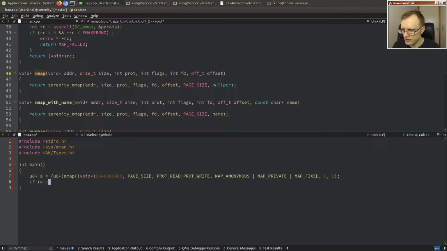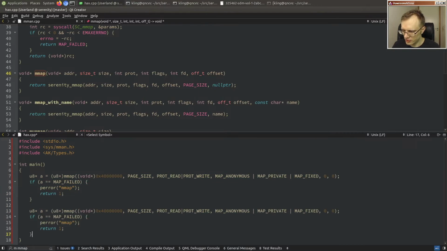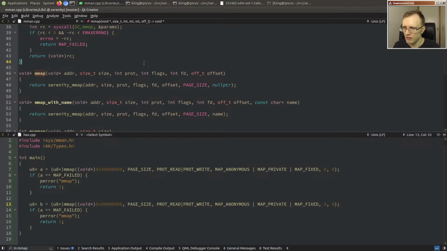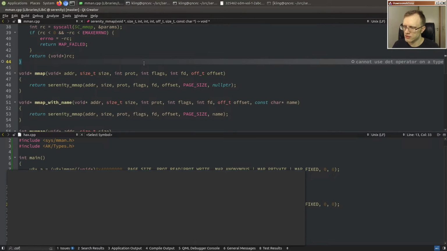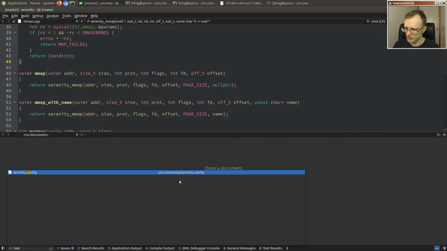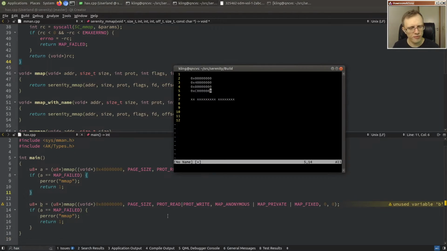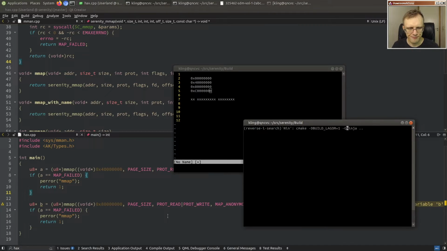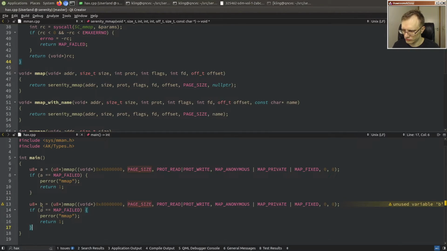Okay, so if this fails, then the party's over, and then we will do the same for B, which will be mapped at 8 fajillion. Also, I don't know, my syntax highlighting is not working. I don't know why. Okay. So print